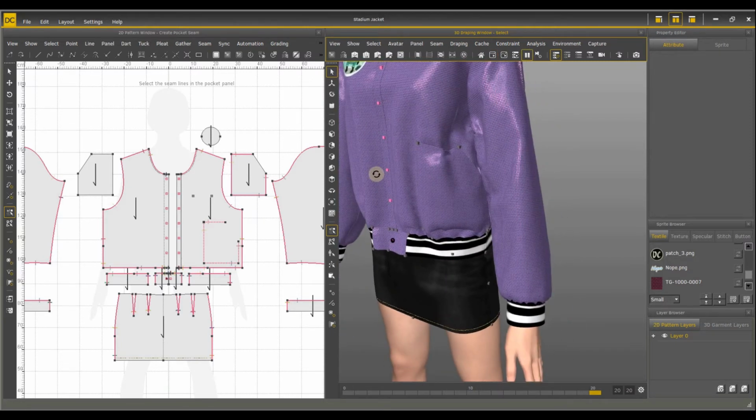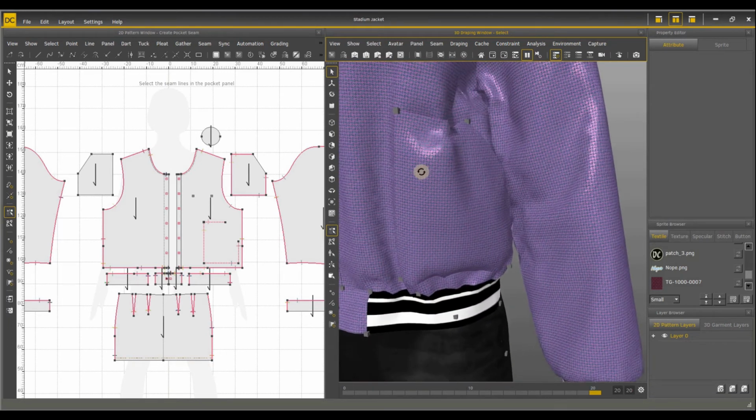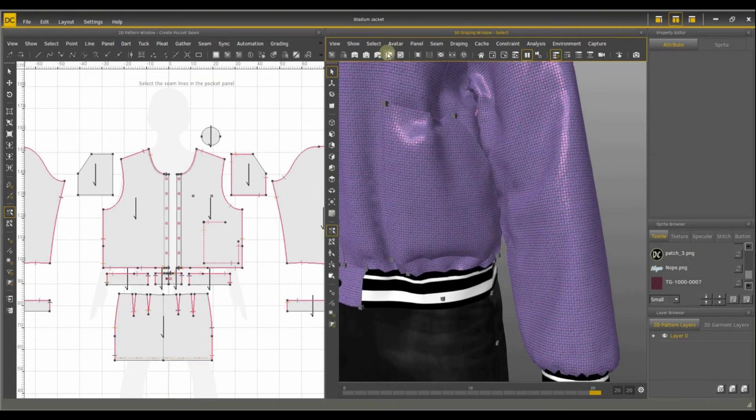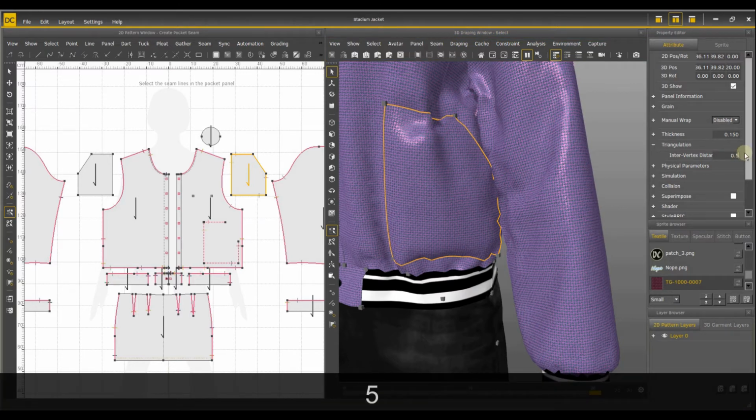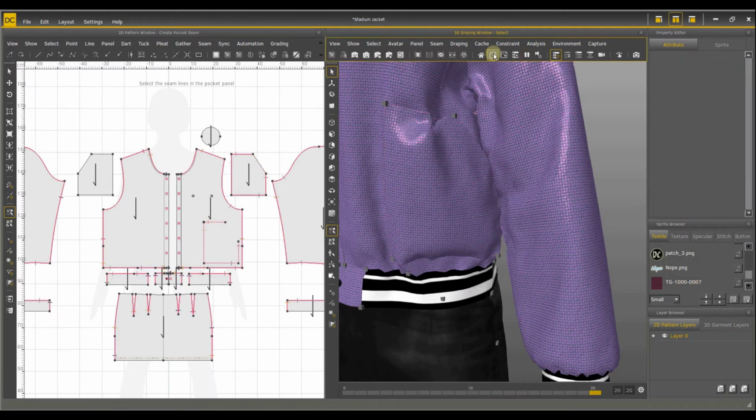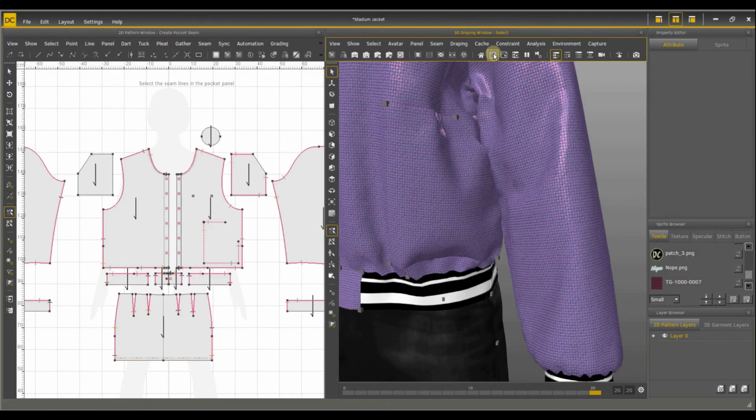Now, we have successfully completed the simulation of the right pocket. If you want to make the wrinkles of the pocket look more detailed, you can lower the setting value of intervertex distance. For example, if I set the intervertex distance value to 0.5 and then press Static Play, I will get the